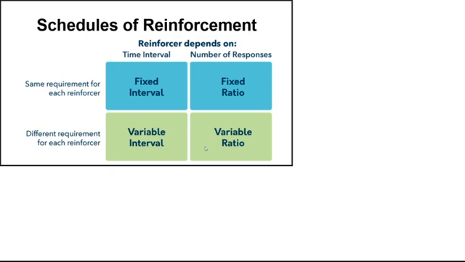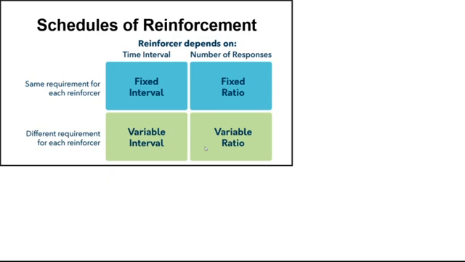And if we have something that is sort of an exact number, then it's fixed. And then we can talk about intervals for times and ratios for quantities. So those are our 4 different possibilities. And as I hinted, different schedules of reinforcement are going to end up producing different patterns of behavior, different patterns of